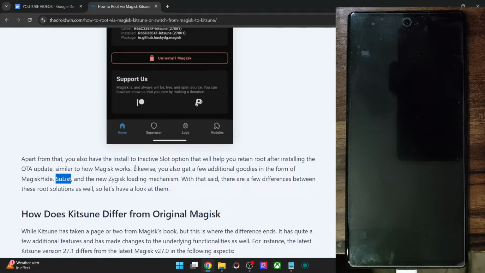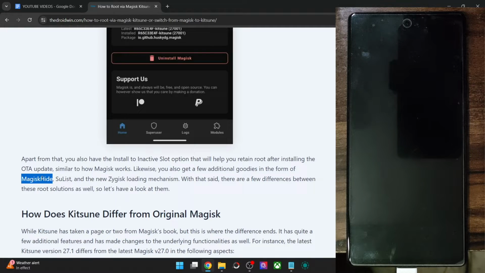One such app is the Microsoft Intune app, which in the past few weeks is giving me quite a lot of issues. So I made a switch from the official Magisk to the Magisk Kitsune, and after that, using the Magisk Hide from this unofficial fork of Magisk, I was able to make the app up and running. And in this video, I'll show you how to do just that.